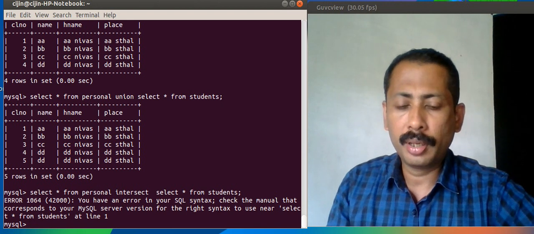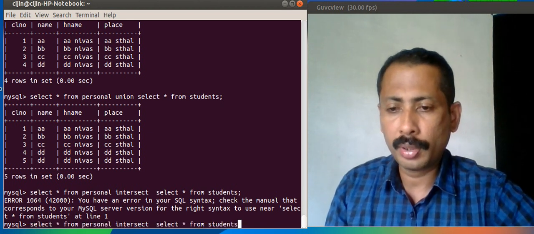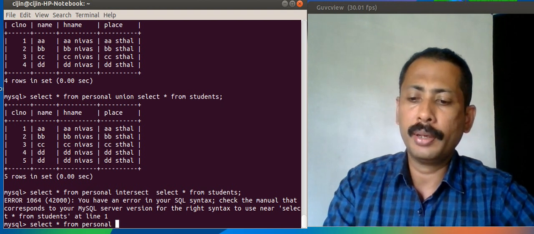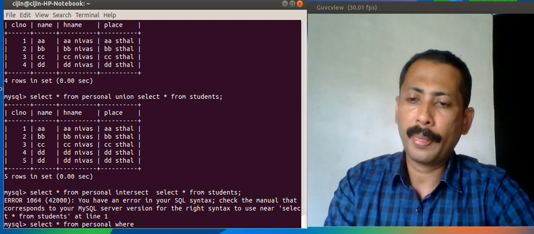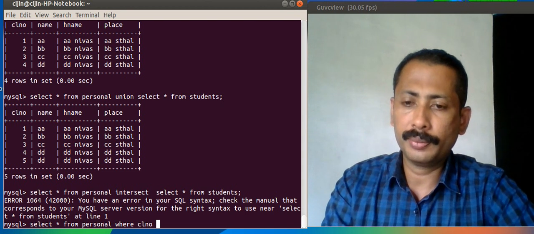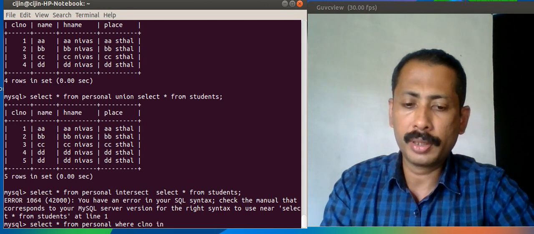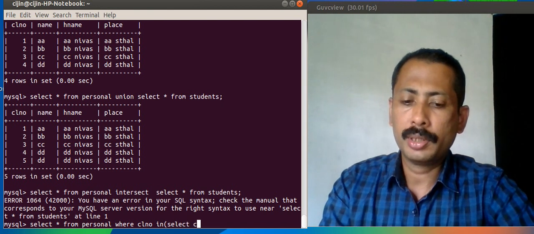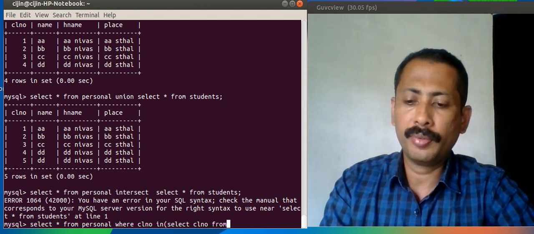It can be done like this also, using an inner query: select star from personal where class number in, a list, select class number from students.